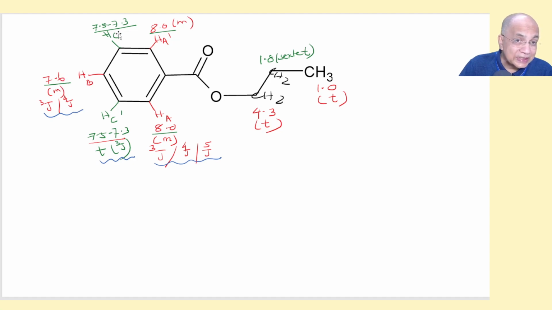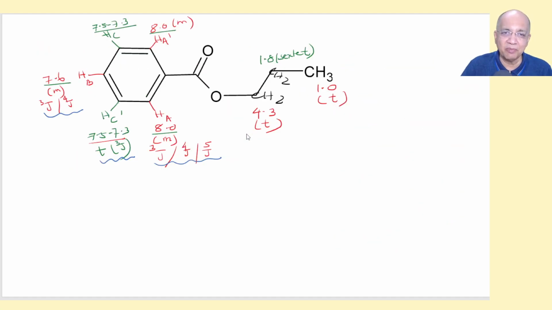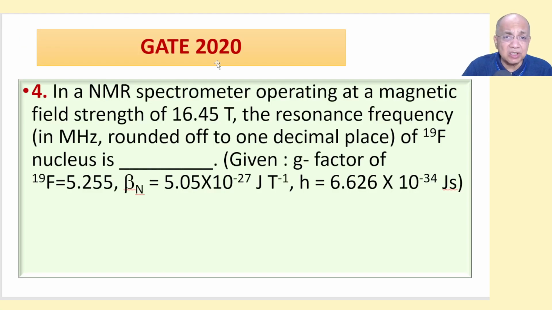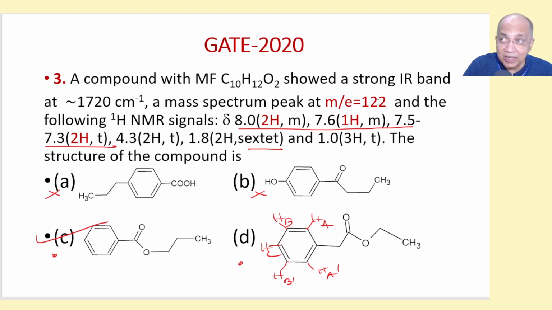1 proton, this is 2 protons, this is 2 protons, and this will be a triplet for the J3 coupling, and again a triplet for the J4 coupling. A triplet of triplets will be a 1 proton TT. In all these cases, it has given multiplet, right? Doesn't matter. But I was interested to tell you, although it is not needed in this question, to prove that